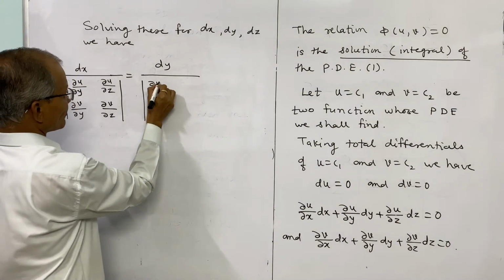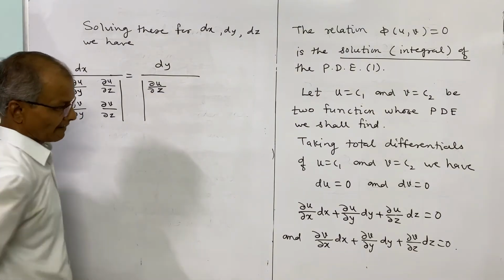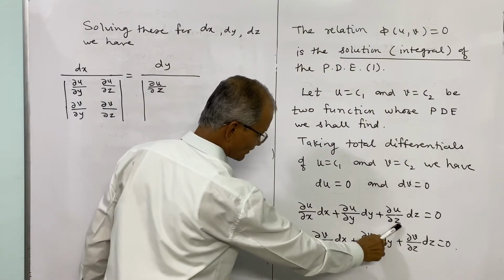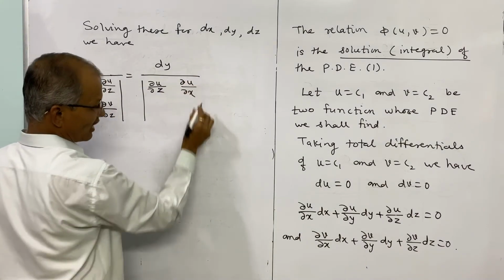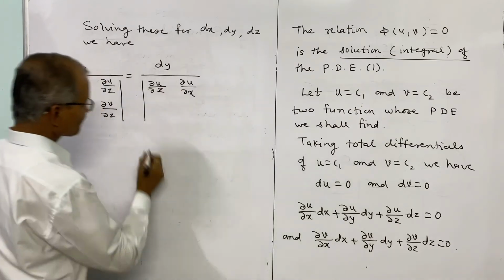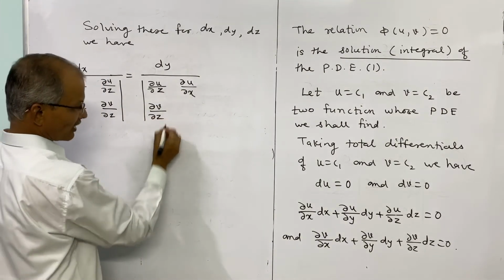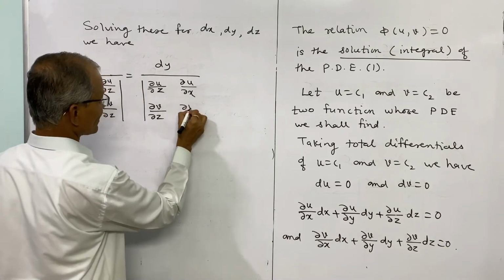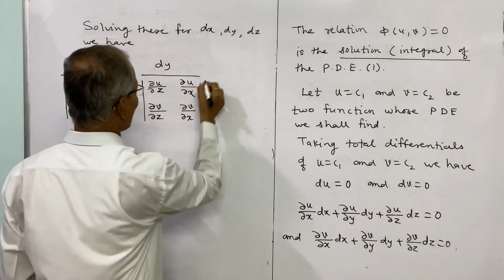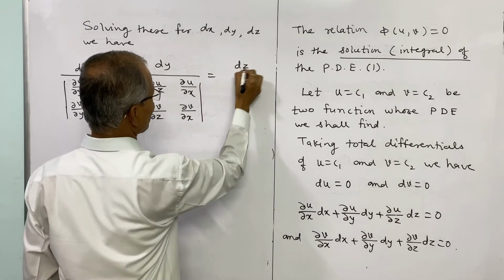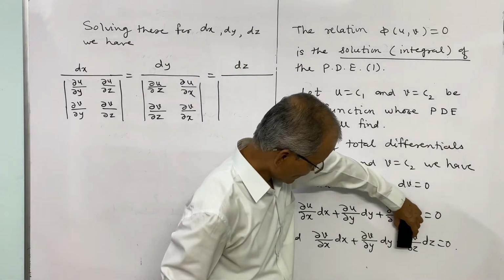That will be ∂u/∂z, and this is ∂u/∂x, and then the second row will be the partial derivative of v with respect to z and the partial derivative of v with respect to x. So this is the second term, and this is equal to dz divided by,